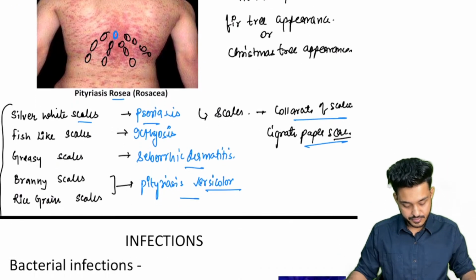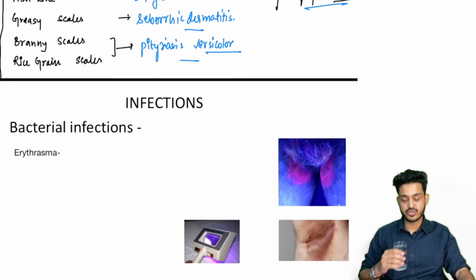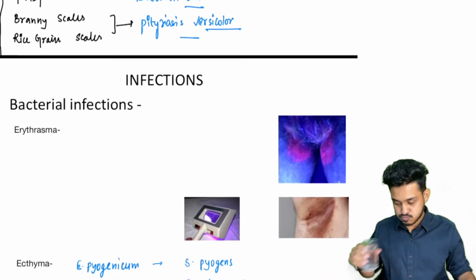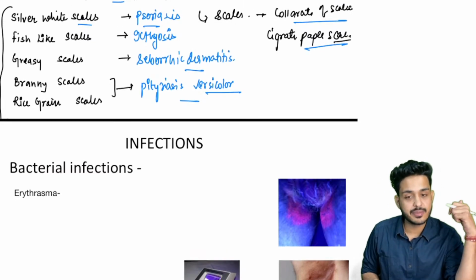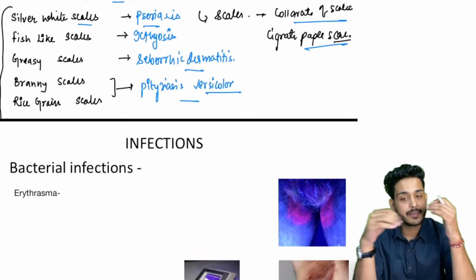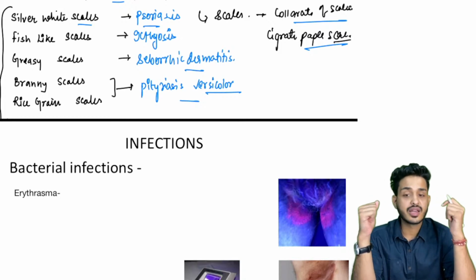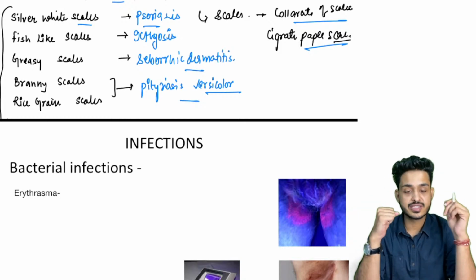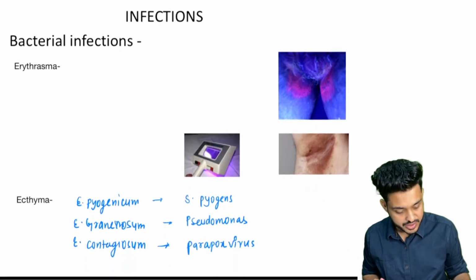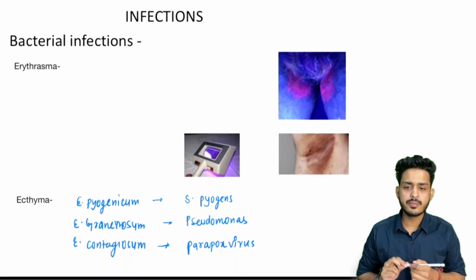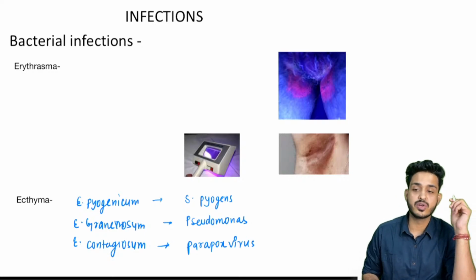Now let's talk about certain infections, guys. Now we will be discussing the infections. We have bacterial, viral, fungal and parasitic infections. We will be discussing everything one by one. The first one is bacterial infection. In bacterial infection, the first one would be